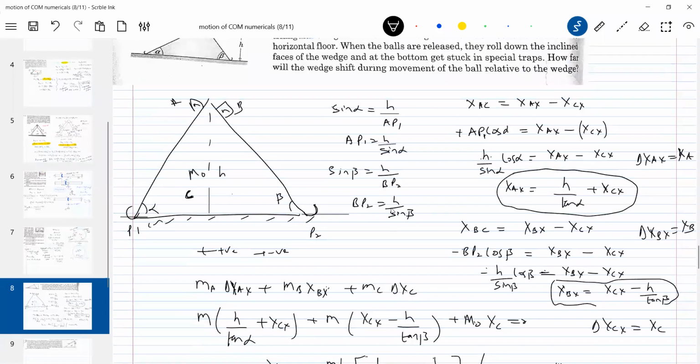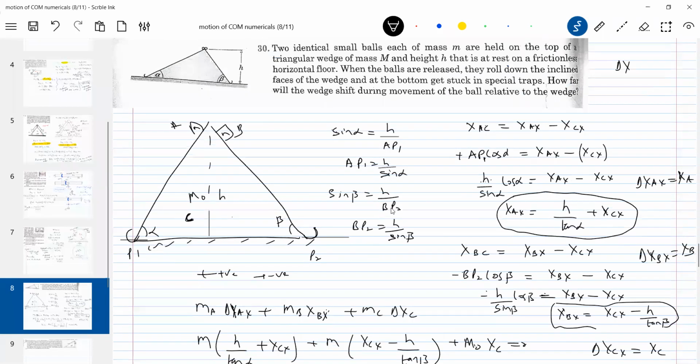Center of mass here, delta xcm is 0. The reason? What about delta ycm? It is non-zero. The reason: in fact, it will shift along the y-axis, if the surface between the inclined plane and the